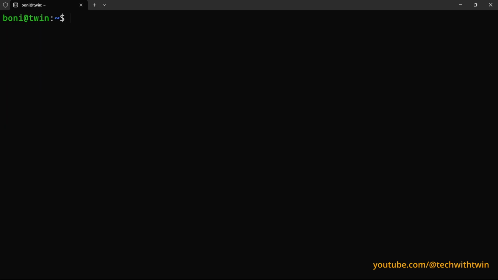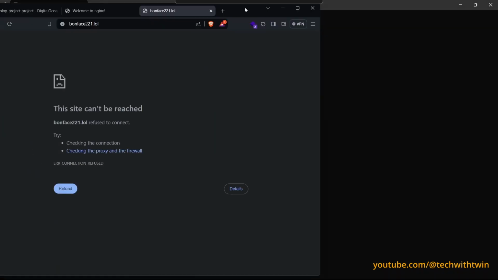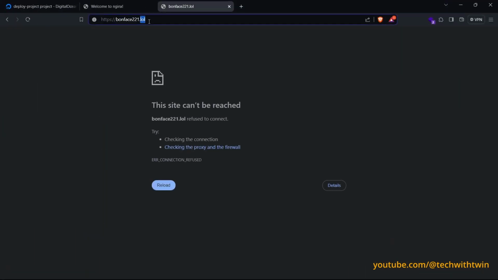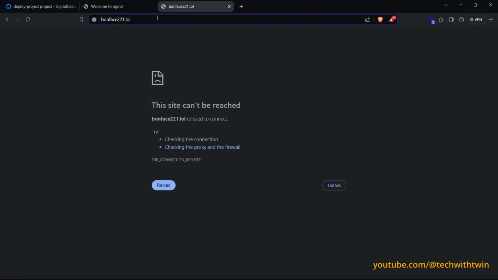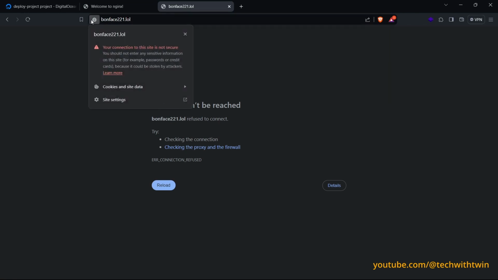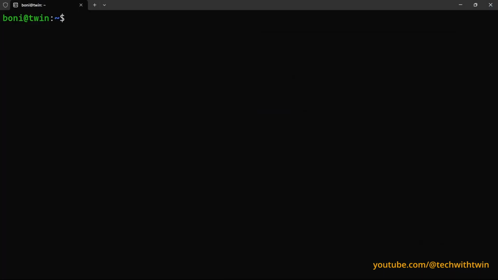So the next step is, I hope you just saw, if we go back here, our connection is not secure. So the next step is to install, to make sure SSL is working. So we can go back, and then